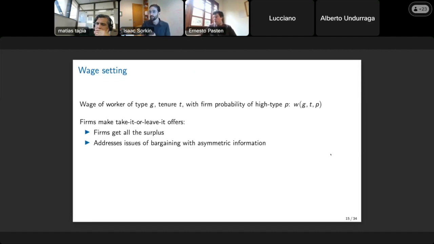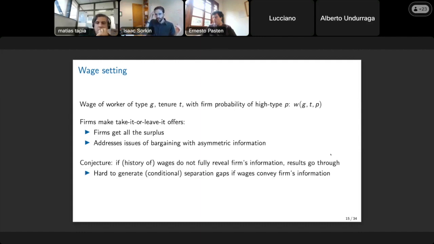This might seem unattractive, but let me try to convince you that this is a sensible way of getting some basic qualitative intuition. All I really need for this model to work is that the history of wages does not fully reveal the firm's information set. If there remains information in tenure, conditional on earnings, then everything I'm going to say still goes through, but it's going to be a lot more complicated because you have to worry about